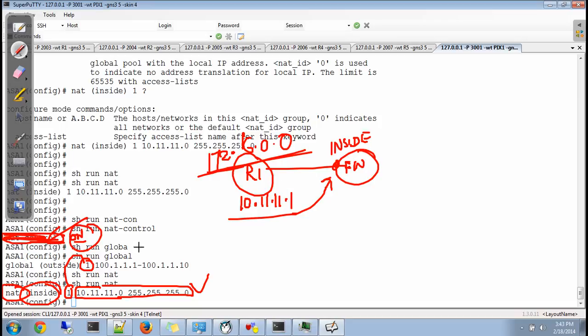Only network 10.11.11 will be able to go because there is a rule only for it; network 172 will not be able to go. That's the use. If it is not on, then what will happen? The 172.16.0.0 network will go to the internet but will not be able to come back.